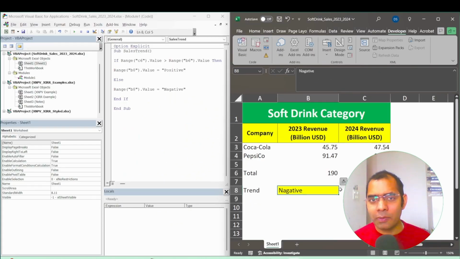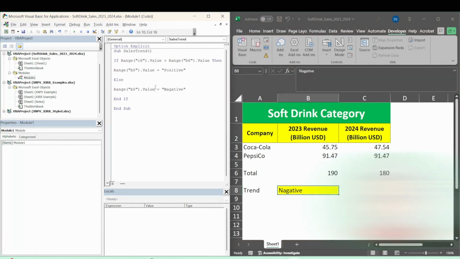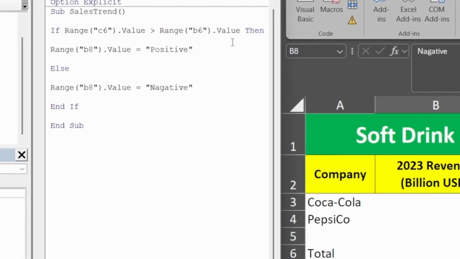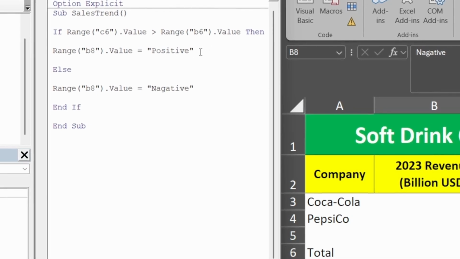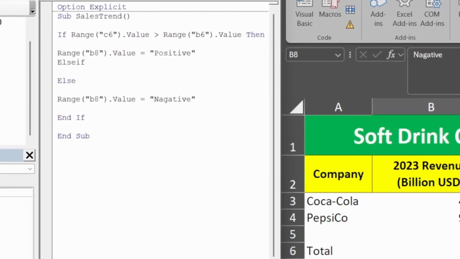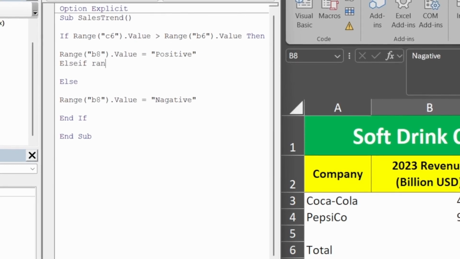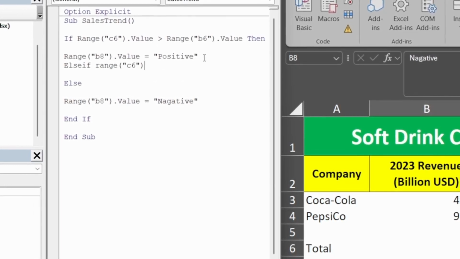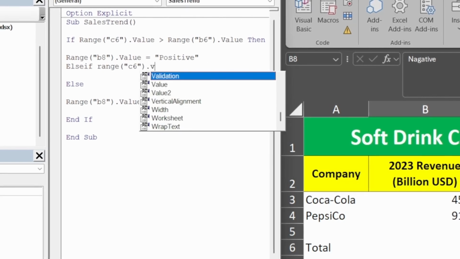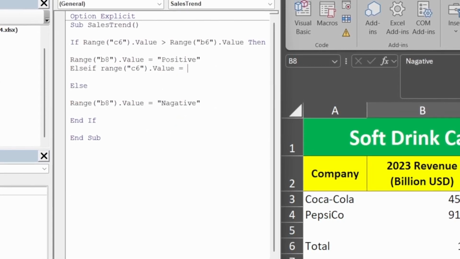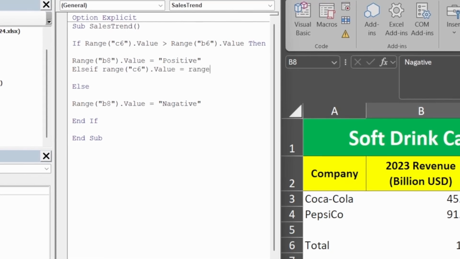Let's go back to our code and rewrite it. After the if then statement, we will add an else if condition. Else if Range("C6").Value = Range("B6")